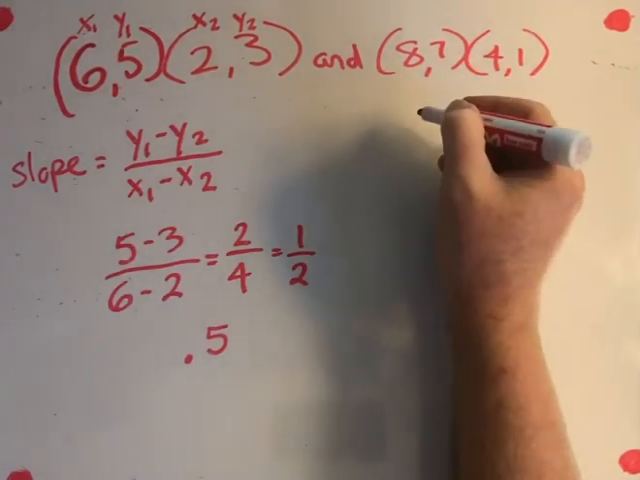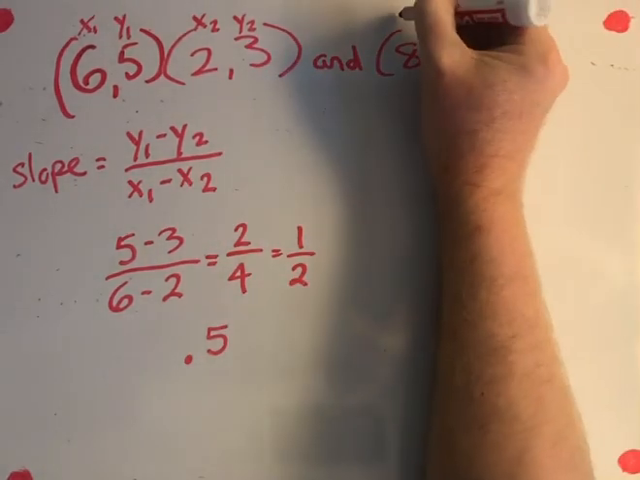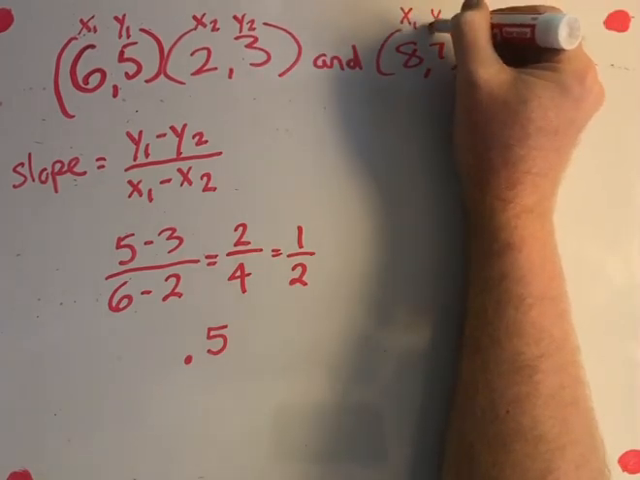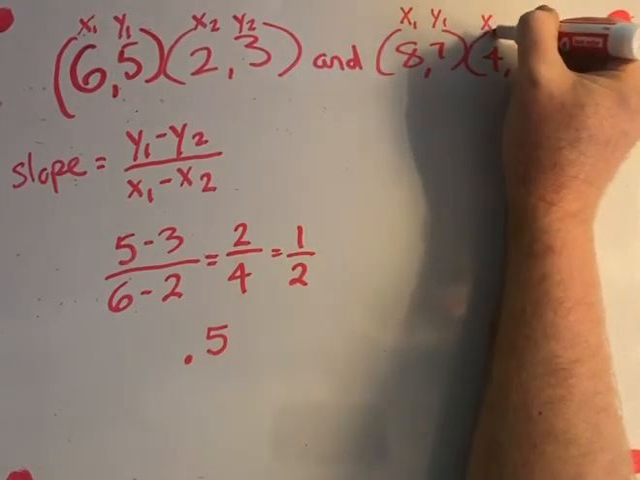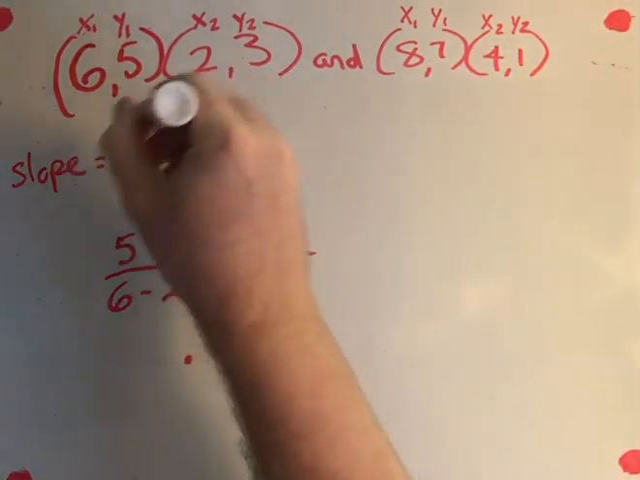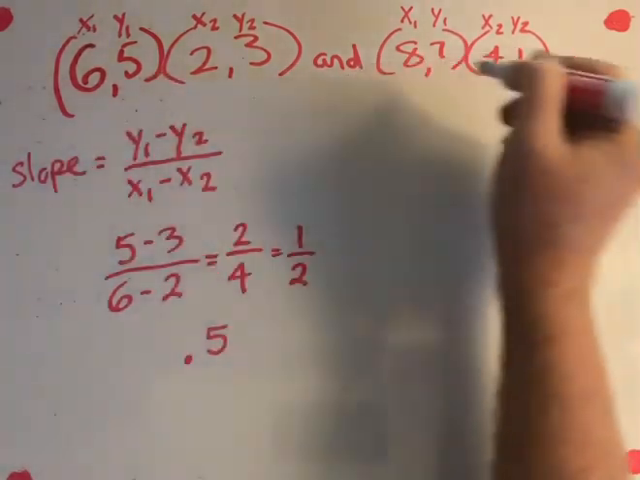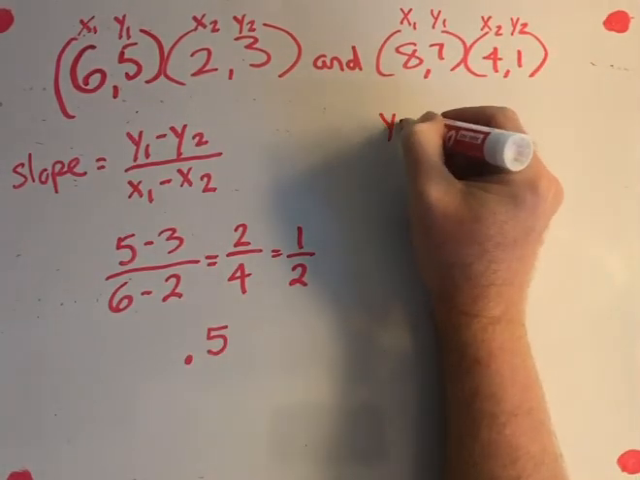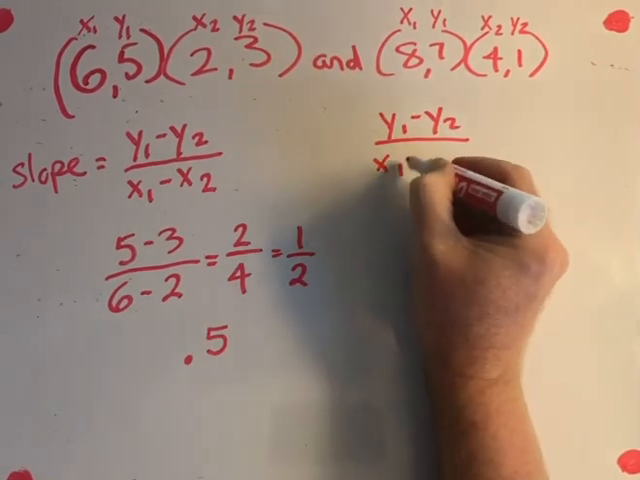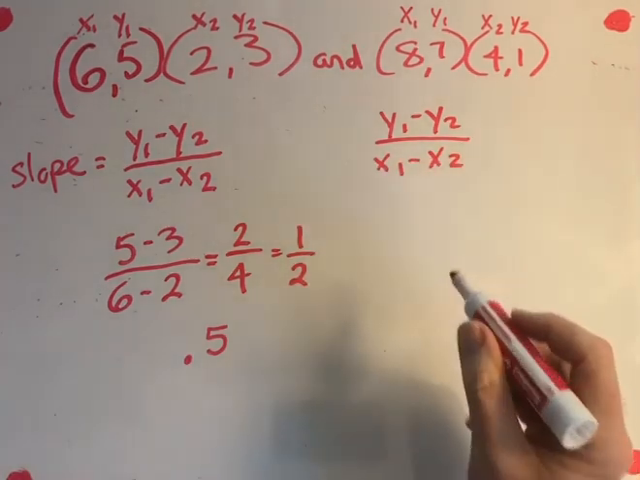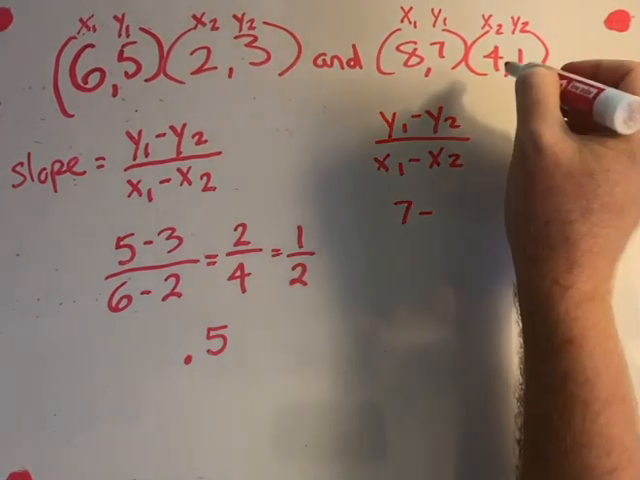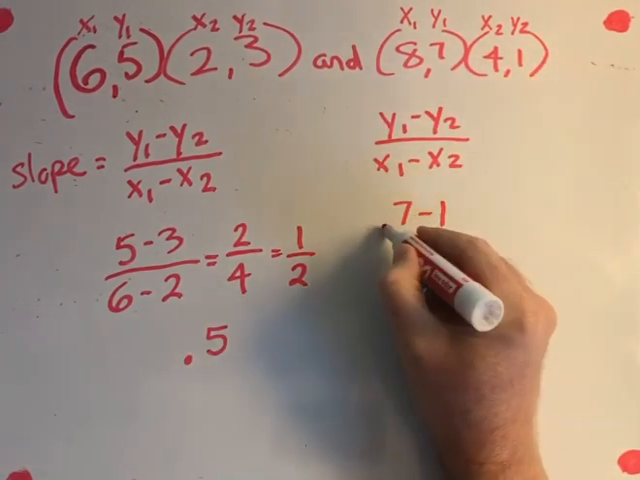So we're going to go over here and do the same thing with this information to find what the slope of this line is. So we'll call this x1, y1, x2, and y2. All right, so using the same formula, y1 minus y2 over x1 minus x2. So y1 is 7 minus y2 is 1 over